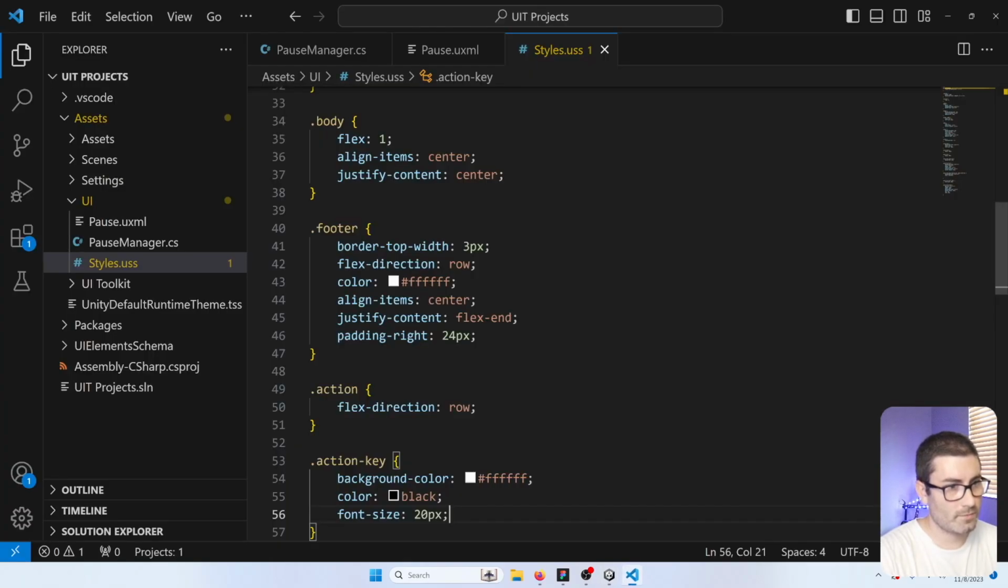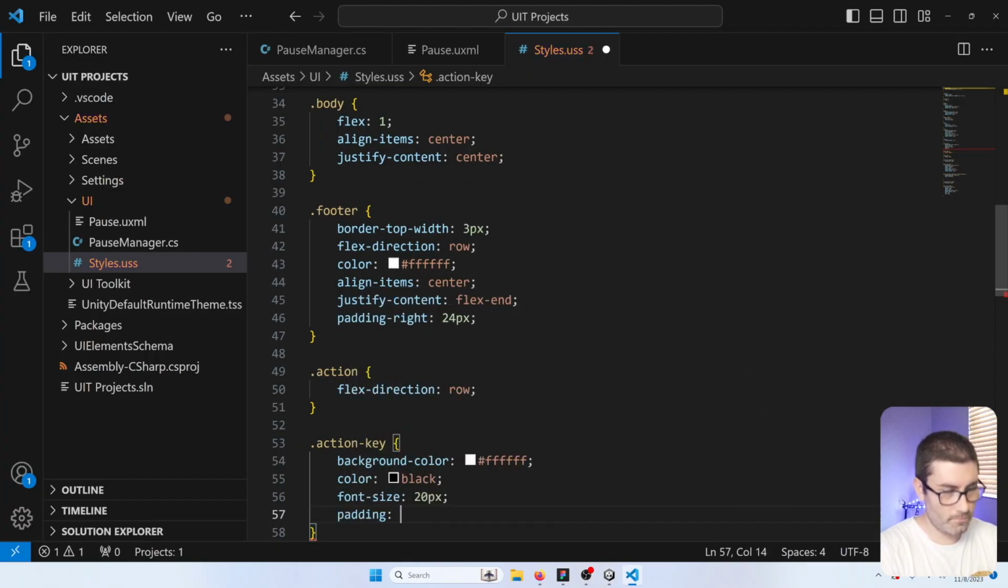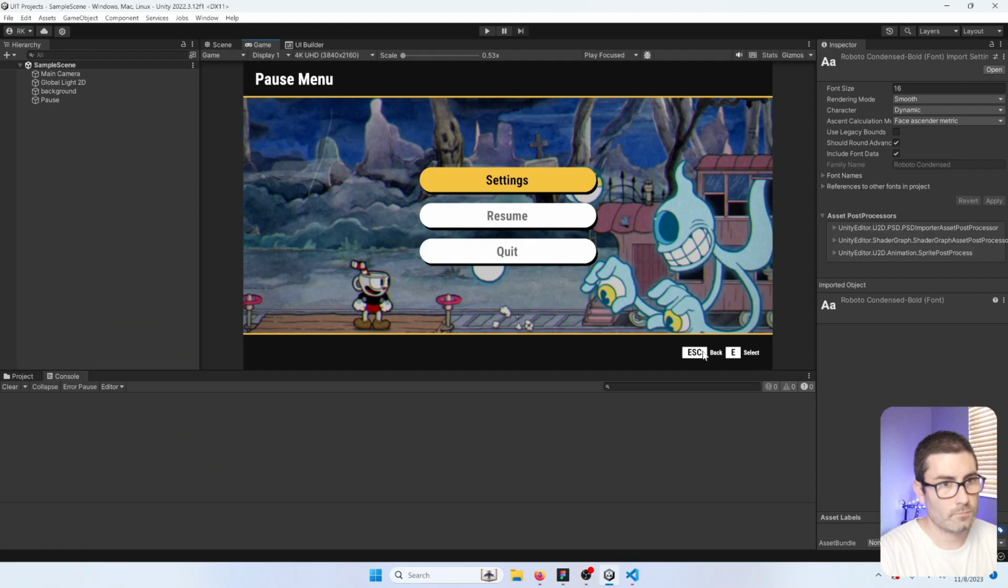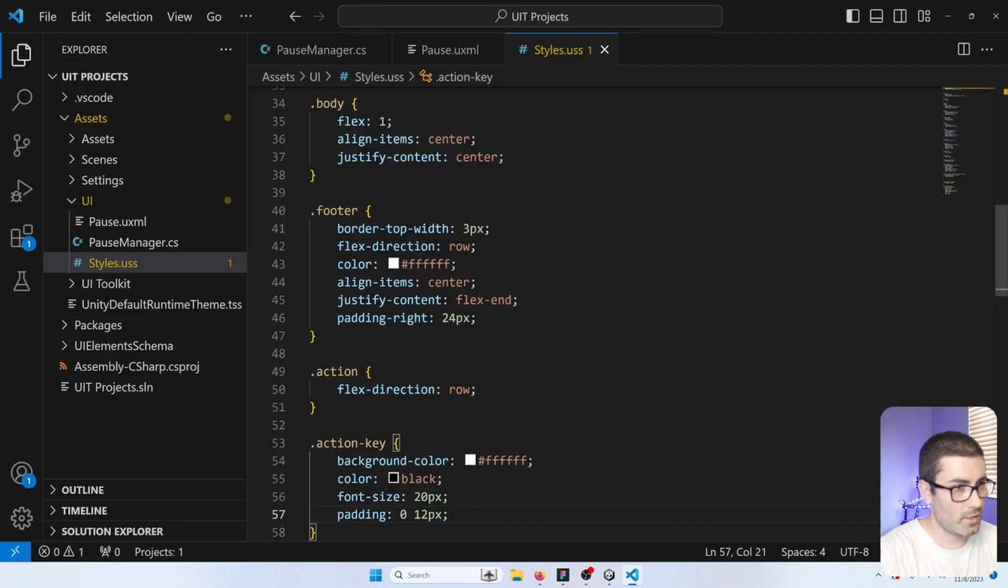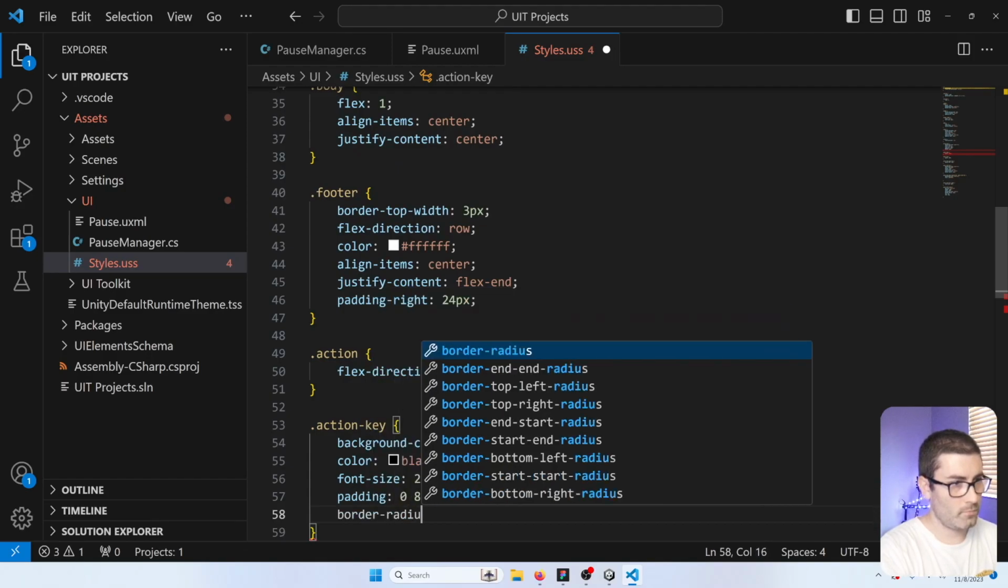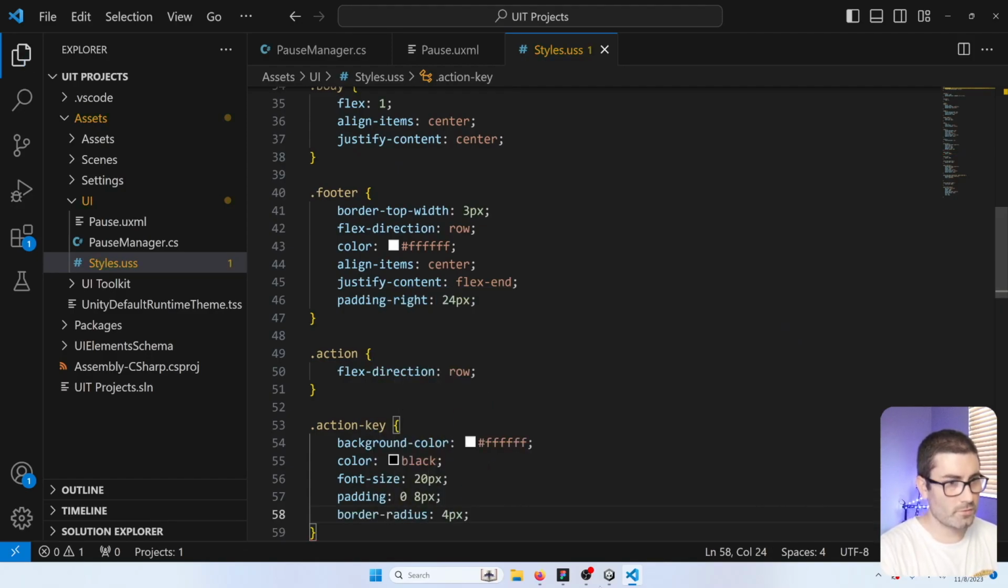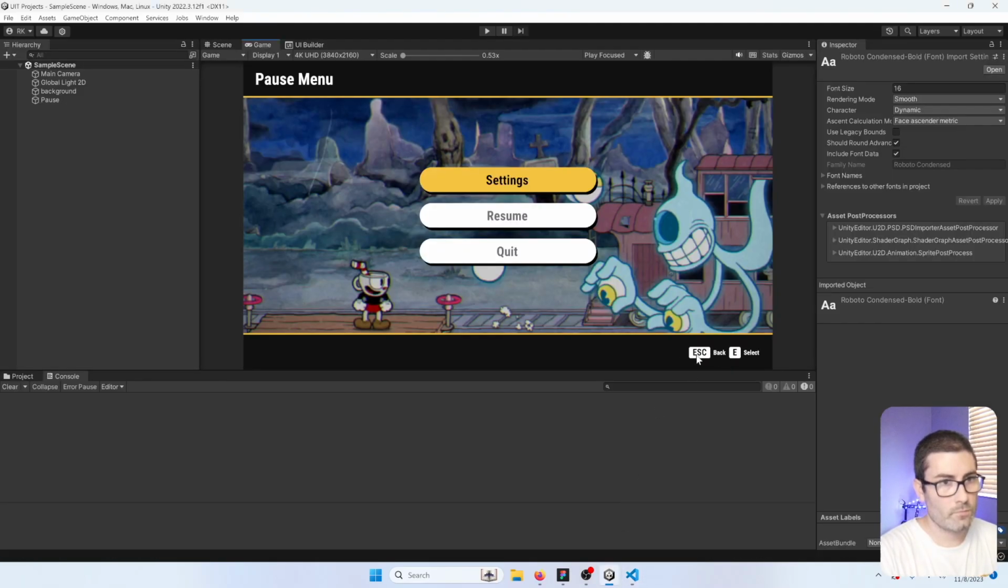Okay, and then let's add some padding on the left and right. So the first value is top and bottom, second is left and right. Let's try 12 pixels. That's a little much. Let's try 8, and we'll also add some border radius. We'll just go 4 pixels. Okay, now we gotta center that text, and this is one of those special Unity ones that I'm gonna have